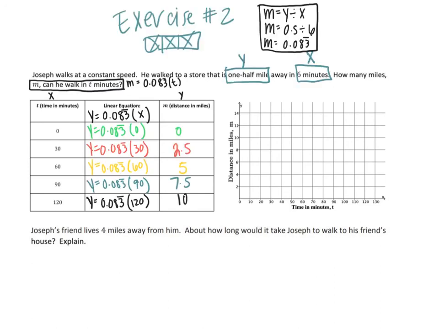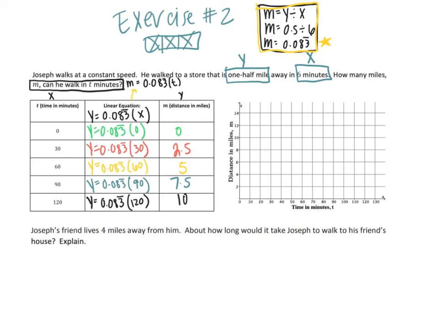All right, here's what I've done so far. I went ahead and close read my problem. I identified my x and y values, and from there, I was able to find my constant or my slope. Okay, my slope is 0.083 repeating, and keep in mind that 0.083 is not the same as 0.083 repeating. You have to put a lot of 3's in your calculator to get that number. Okay, from there I wrote my equation y equals 0.083x,